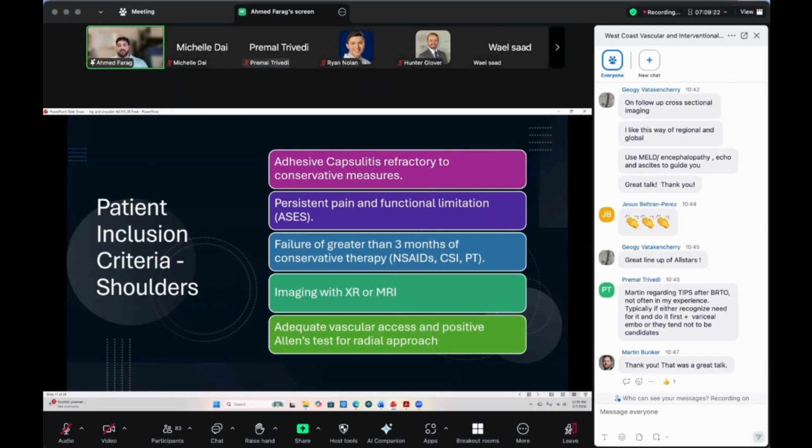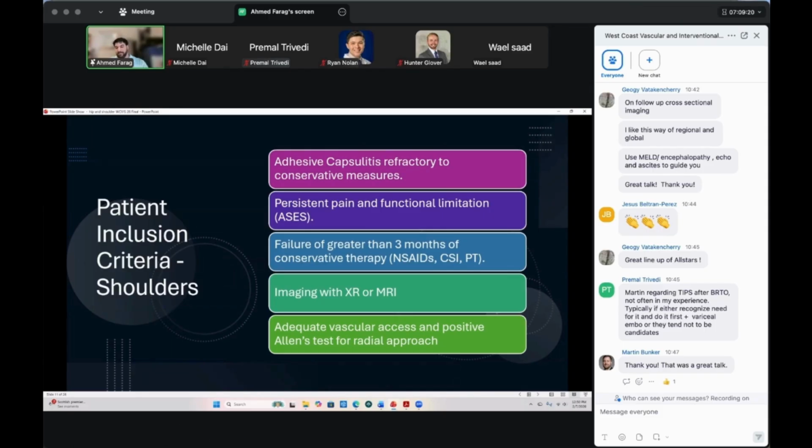Anyone who comes in my building, we do a vascular workup. I get radials, I get pedals. If I think they need ultrasound, we'll get it, and then we always get an Allen's test. Just make sure we know what we're getting ourselves into. If there's any question, I have an ultrasonographer in house, so it's very important to get an ultrasound and know what you're getting yourself into.